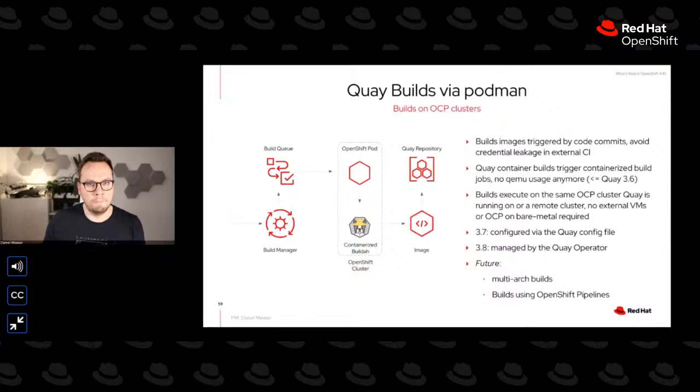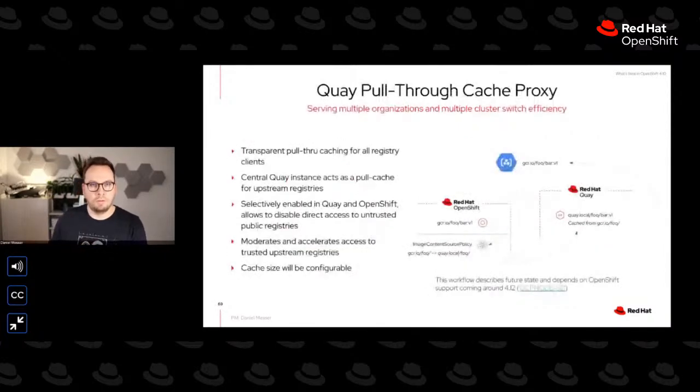Next slide. A very often requested feature from Quay is to serve as a pull-through cache proxy. That means you can configure an organization in Quay to proxy a particular upstream registry like Docker Hub. You will want to do this when your connection to such an upstream registry is brittle and spotty or doesn't have a lot of bandwidth, and always pulling the images from the internet is kind of slow,